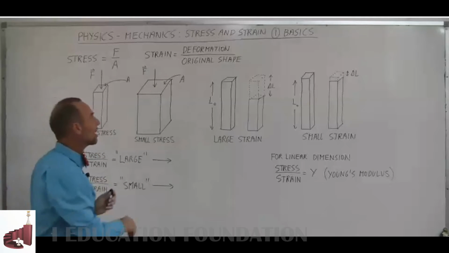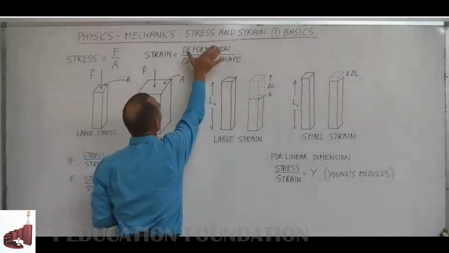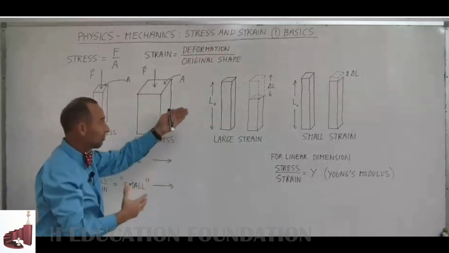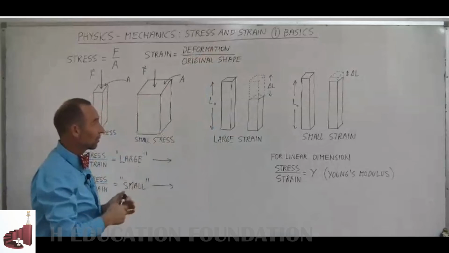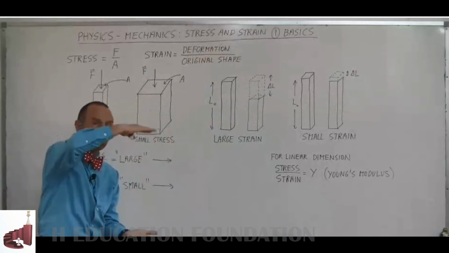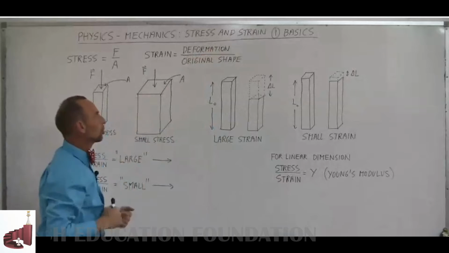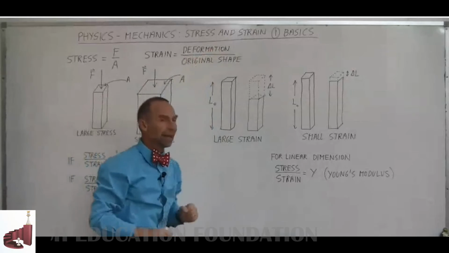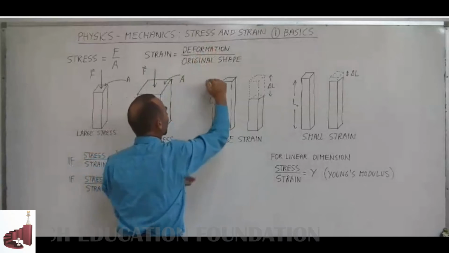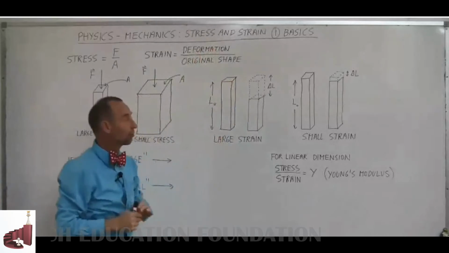And the definition of strain is that it's a ratio of how much the material deforms, so let's call that deformation. In the case of a linear element here, like a linear beam, if we push down on the beam, we may make the beam a little shorter. We're deforming it by making it shorter, and that's called deformation. And if we find the amount by which it deforms divided by the original size of the object,